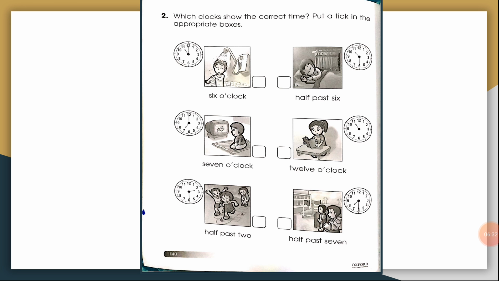Is the clock showing 7:30? Look carefully. If yes, put the tick inside the box. If not, put the cross. When you are looking at the time, carefully look where the minute hand is and where the hour hand is. This is how you will do page number 140.